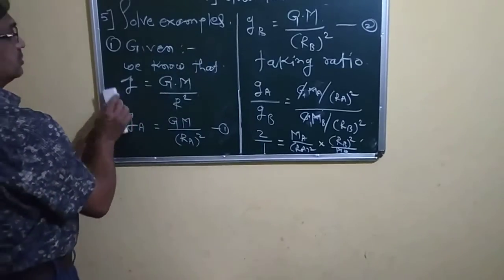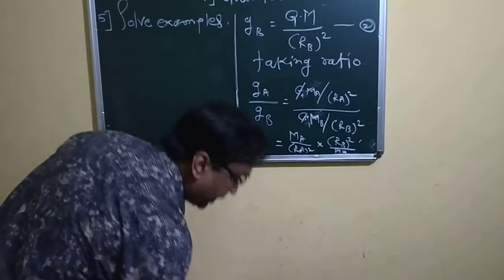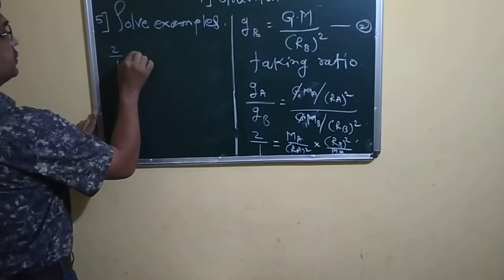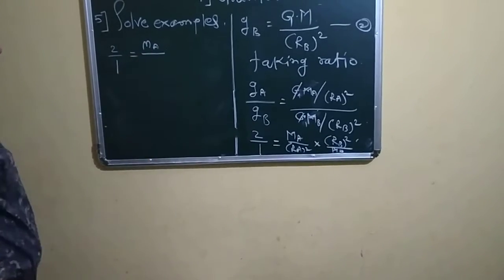So its value becomes 2 upon 1 is equal to MA upon RA